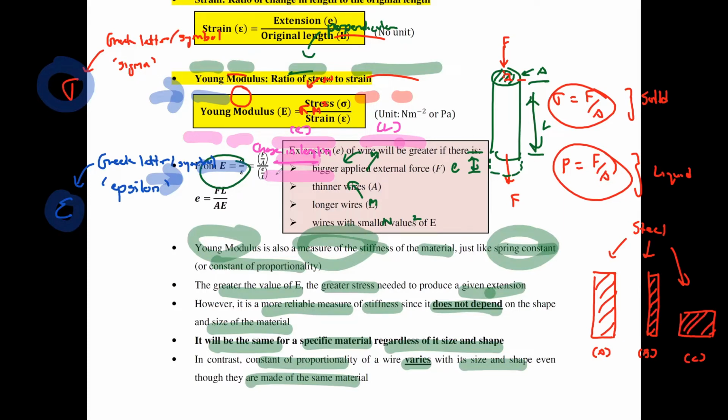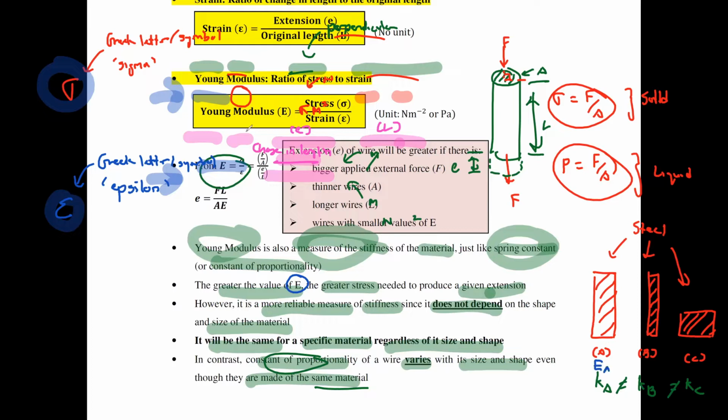If I were to do an experiment to find out the spring constant, Ka will not be the same as Kb. It will not be the same as Kc. The spring constant or constant of proportionality for all these three objects will be different, even though they're made of the same material. They still tell you a measure of stiffness, but because the size or shape has changed, you're getting different values. But on the other hand, if let's just say you were to do an experiment to find out what is the value of Young's modulus E,